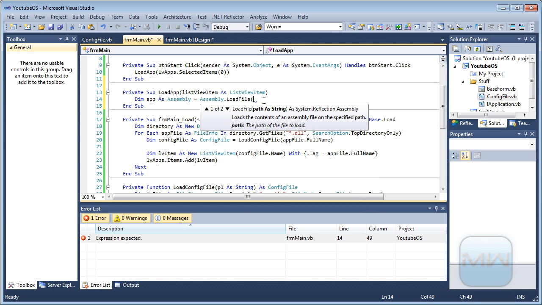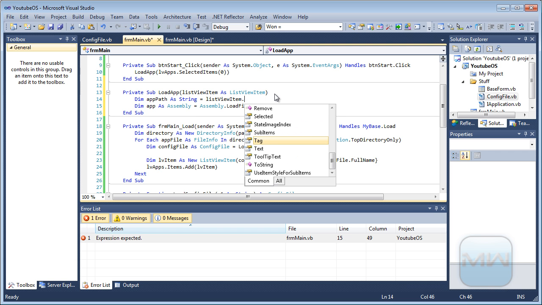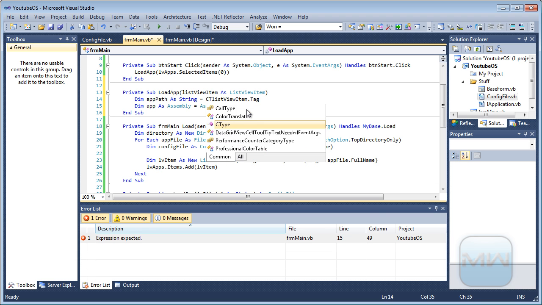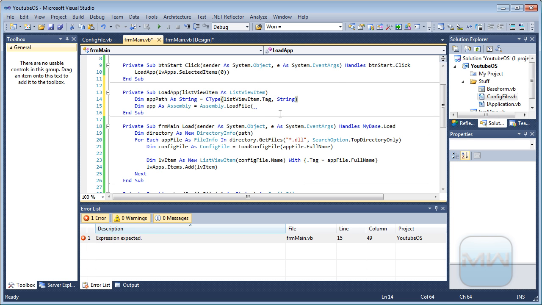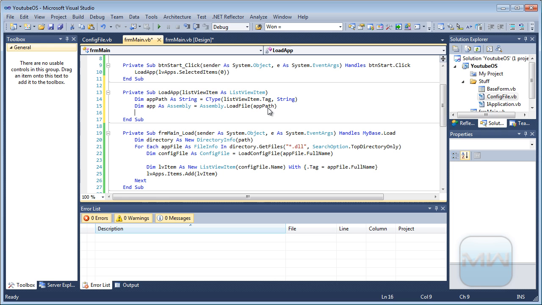So dim app path as string equals list view item dot tag. I'm not sure, but I'm going to use cast type to make sure it's a string. So now we can use the app path. So we loaded our assembly,